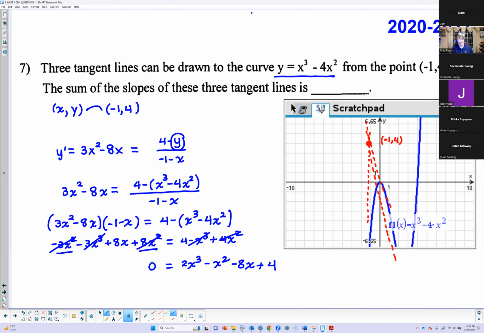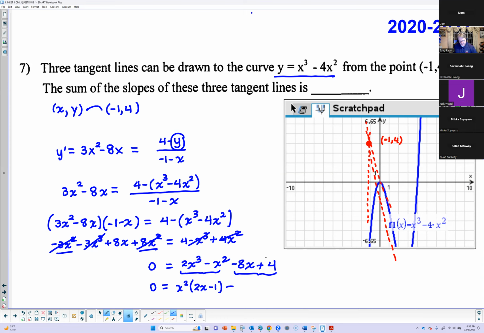And you guys, what I noticed about this equation, you talk about a great storybook ending as we wind down our first semester. This utilizes one of those topics that we studied in the summer packet, factor by grouping. Those two terms and those two terms will share a common factor once you GCF factor them. Pull out a 2x squared, and you're left with x minus, ooh, I can't pull out a 2. Let's not do that. Pull out an x squared, and you're left with 2x minus 1